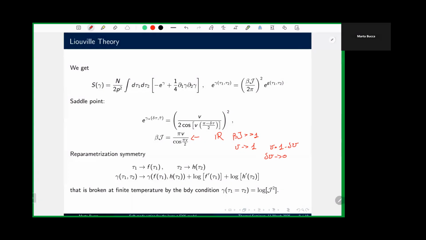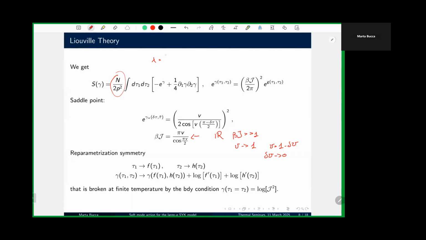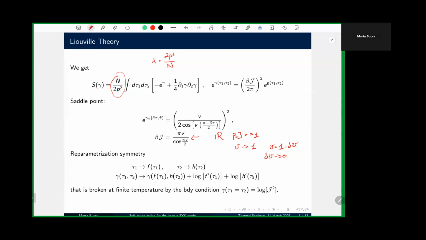I also want to draw your attention to the fact that the prefactor for our Liouville theory is N over 2P squared. If you remember earlier, I said that yes, we are taking a large P limit, but we're still taking this lambda, 2P squared over N, to be small. And here, we see the inverse of our lambda parameter. So the prefactor for this action is quite large, and this is going to be useful to us in a few seconds. In the meantime,